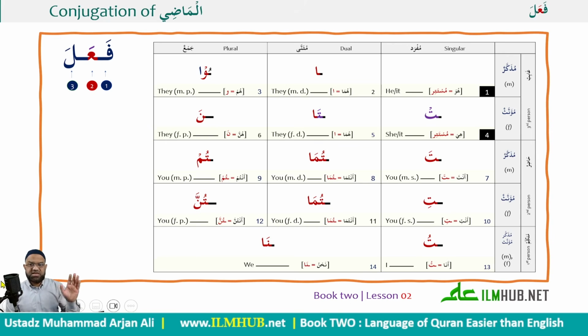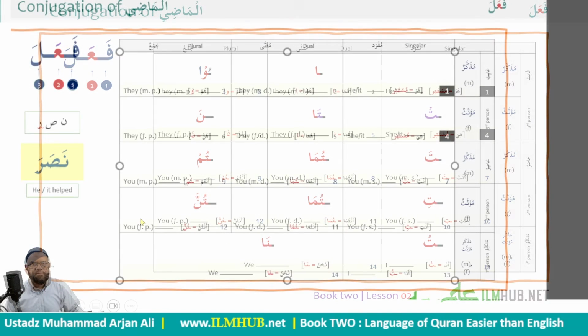So in conclusion, these are the suffixes you're going to see in every Madi verb at the end, and you'll recognize the verb, its sigha, where it is, who the doer is, from the ending. I'm going to conjugate one more for you, inshallah ta'ala, just to show you how easy this is. As long as you're following the steps, you should be able to do that, inshallah.